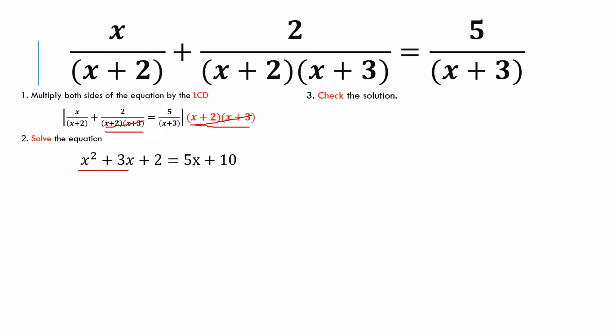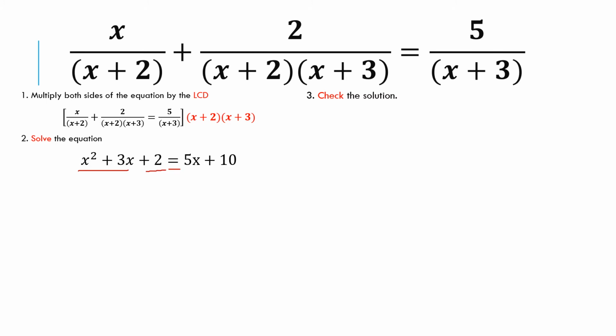Na-divide na natin yan. Ang numerator and denominator, na-divide na siya. LCD sa denominator, ang natira na lang is 2. And then equals, copy lang, equals, itong last, yan, divided by, or multiplied by the LCD. The answer is,